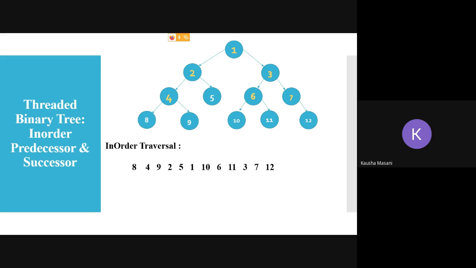So, which are your leaf nodes here? 8, 9, 5, 10, 11 and 12. So all the nodes, if you can just observe, all the nodes which are white in color, they are your leaf nodes. So I have to find the in order successor of these.